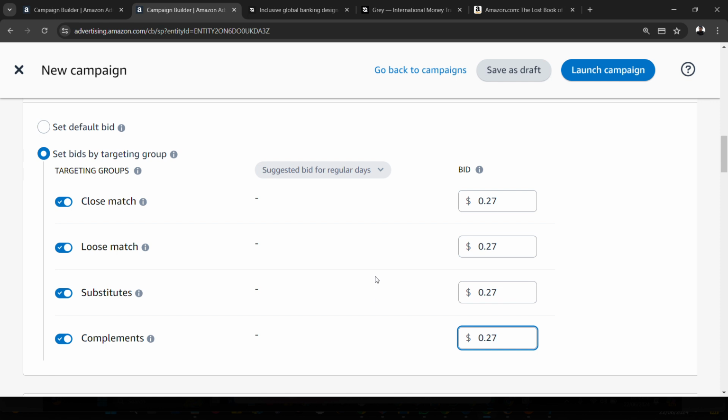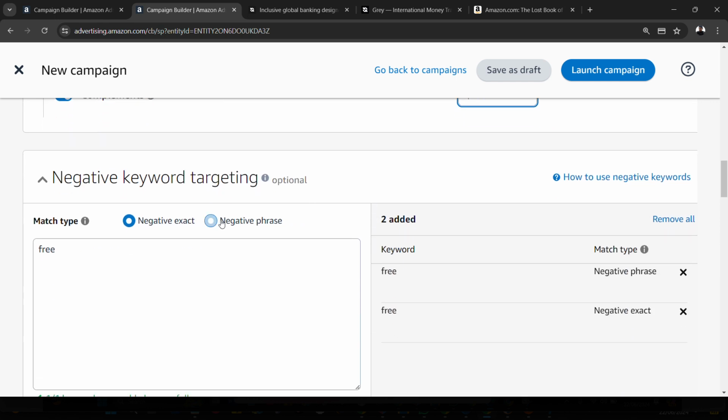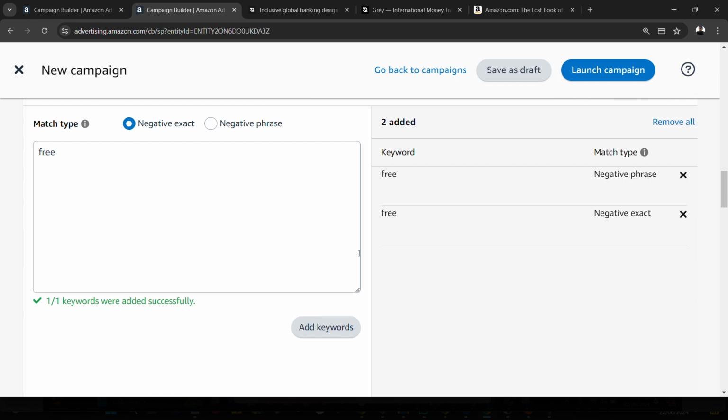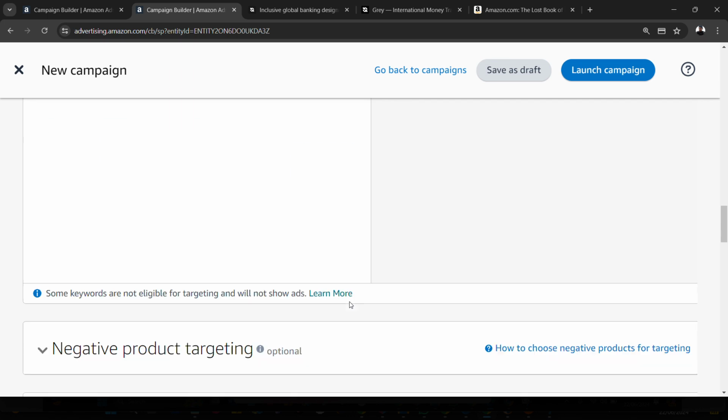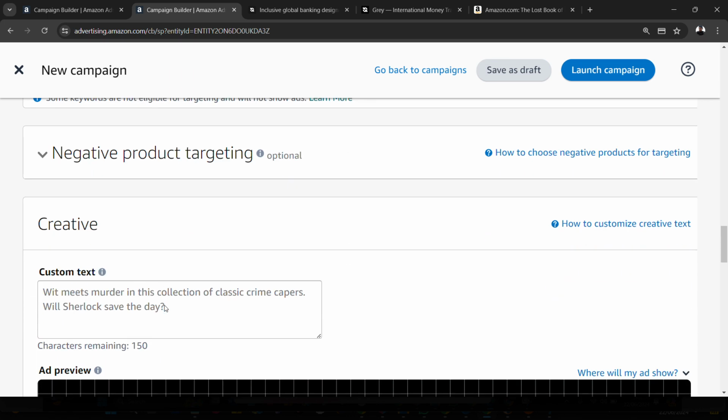Okay. So, and then I will move down. Negative keywords, still the same concept. What are the keywords that you don't want your book to be visible for? Even though you are using custom text, you enter all of them here and you click on add keywords and you move on. So creative, here is a section where you now add that text that we copied from that